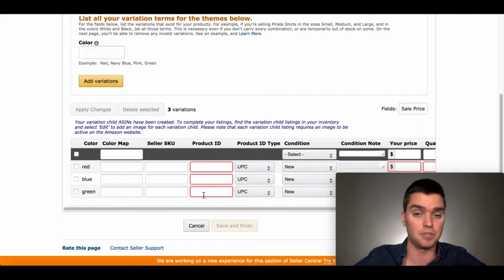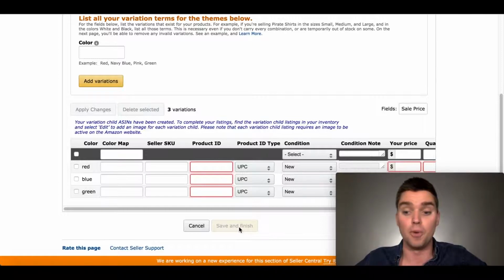However, it is completely up to you. I haven't had any issues using nationwide barcode with my own listing. I know other sellers who have also used it and haven't had an issue, but really use it up to your own discretion. So yeah, you can enter in the UPC codes here, new, all that, enter in the information, save